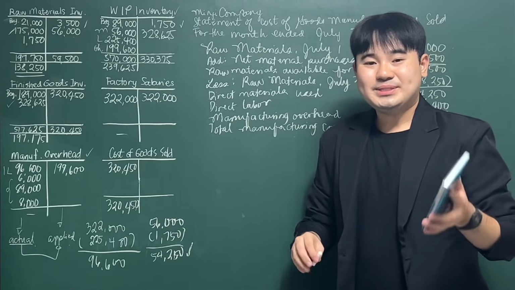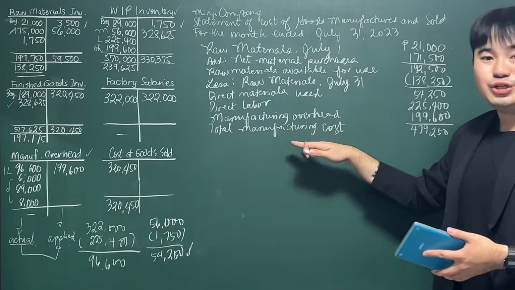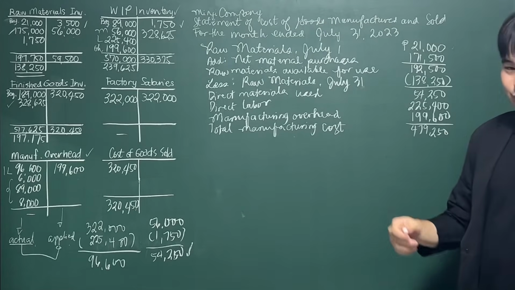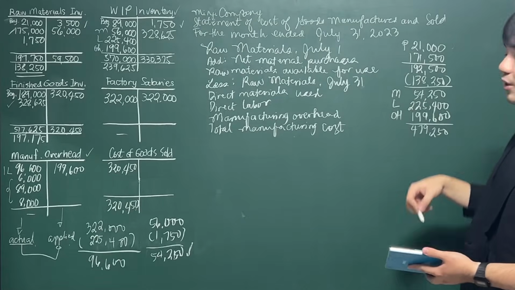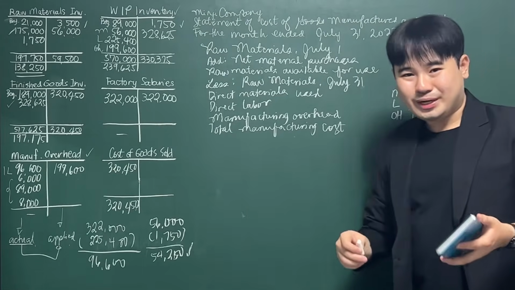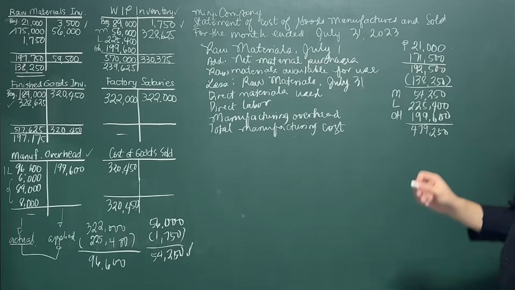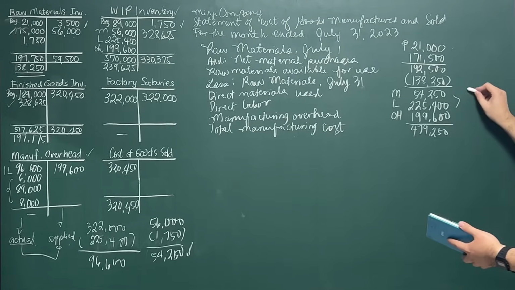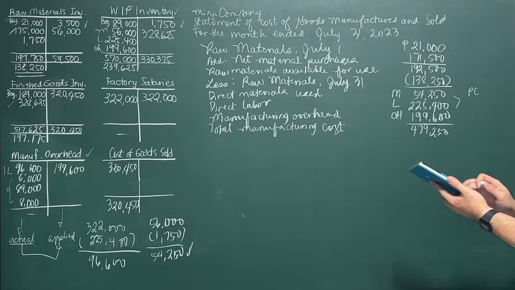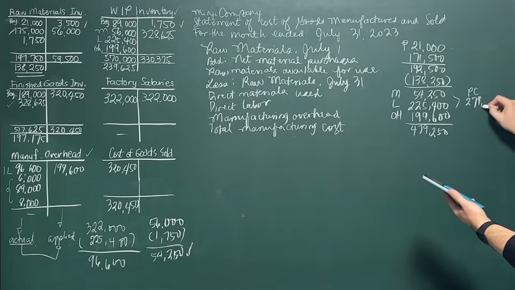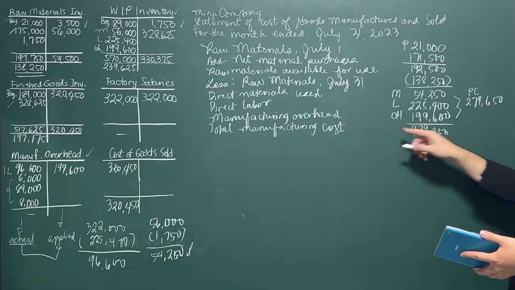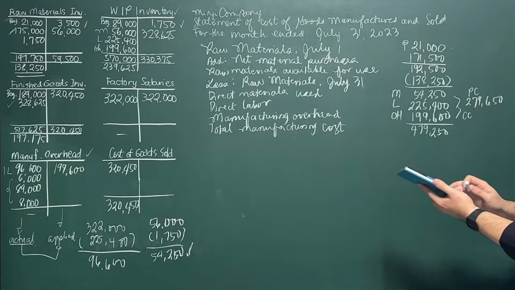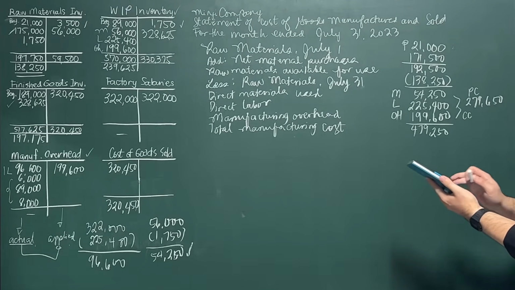Okay? So in any case that your problem asks you your manufacturing cost, then you just add all three siblings, which is materials, labor, and overhead. Now, what if the problem asks you about prime cost? Then your prime cost is your materials plus labor. 54,250 plus 225,400, that is 279,650. What if the problem asks you conversion cost? That is labor and overhead. So 225,400 plus 199,600,